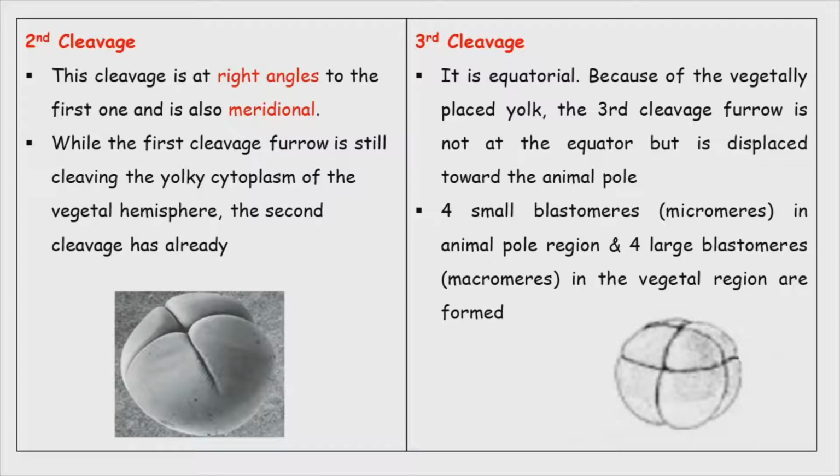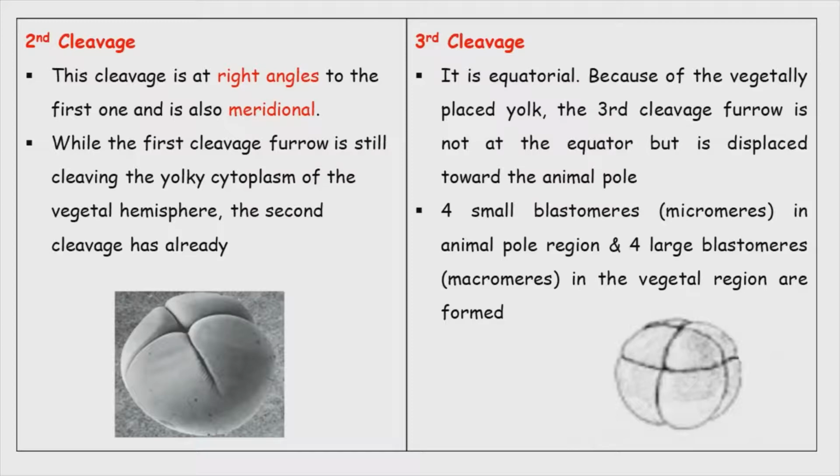And when the first cleavage is going through the vegetal region, the second cleavage has already begun in the animal polar region. Third cleavage is equatorial, and because of this centrally placed yolk, the third cleavage furrow is not at the equator, means it is not exactly at the center of the embryo, but is displaced toward the animal pole, because the moderate quantity of yolk is present at the vegetal region. So the plane passes just a little above the middle of the embryo, or you can say just above